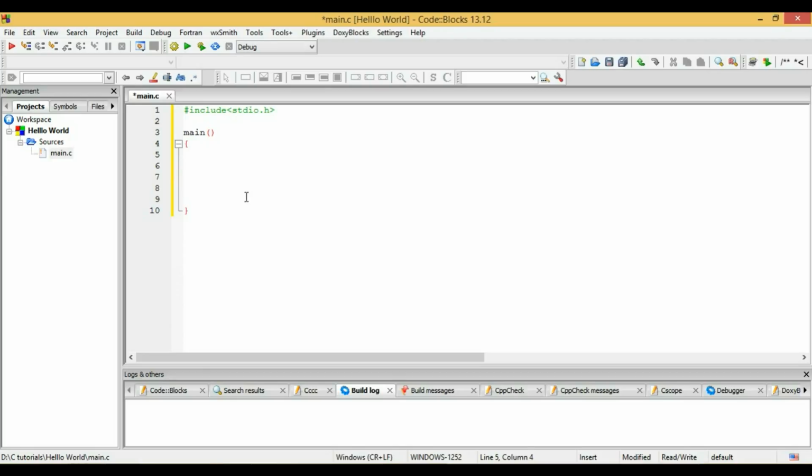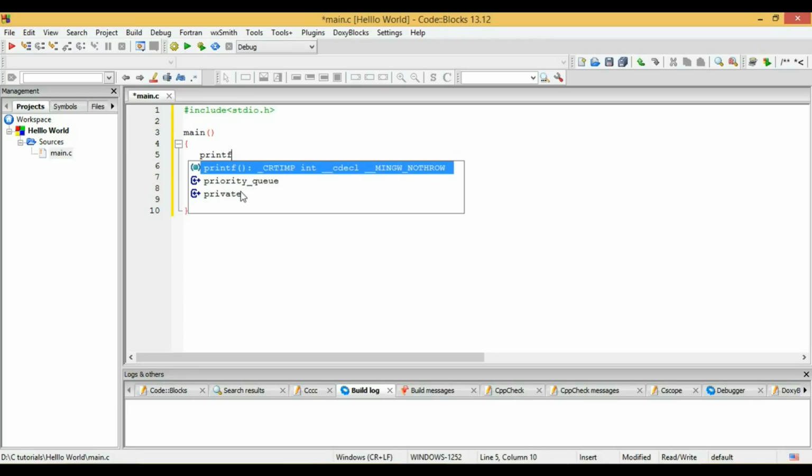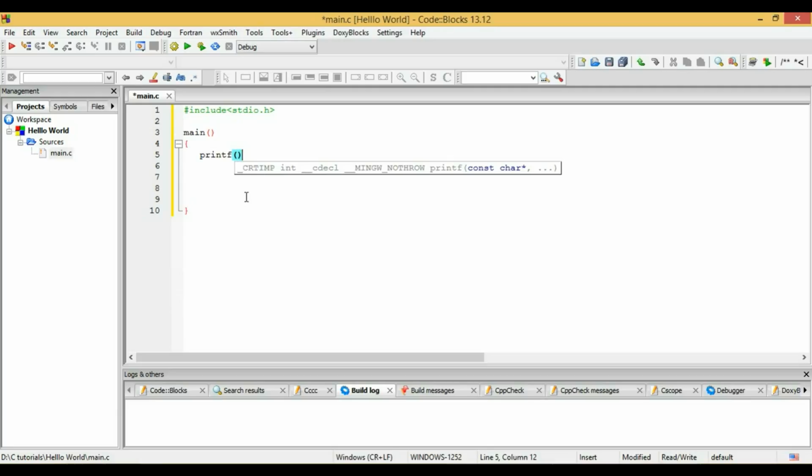Okay, now I'm going to print some text. So for that, I'm using a function that's called printf, and this is the way to write the printf function. In between these quotation marks, you will write your text which you want to print on the screen. And this printf is one of the functions this library contains. As we are writing hello world in here, we will write hello